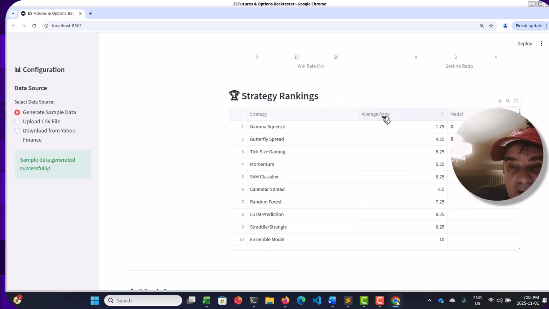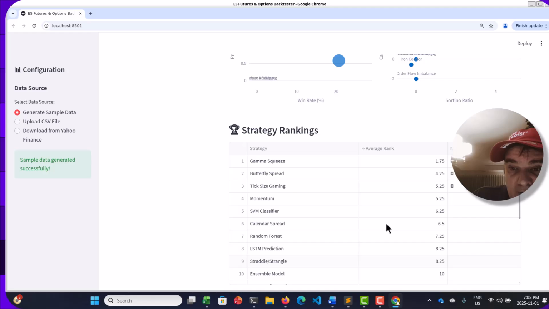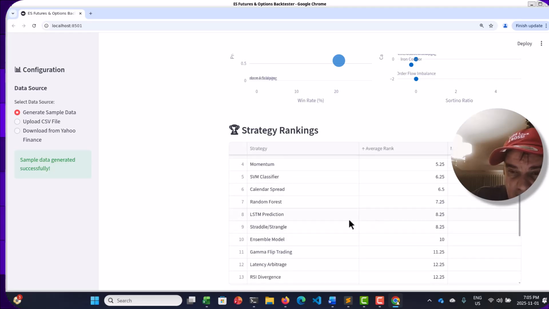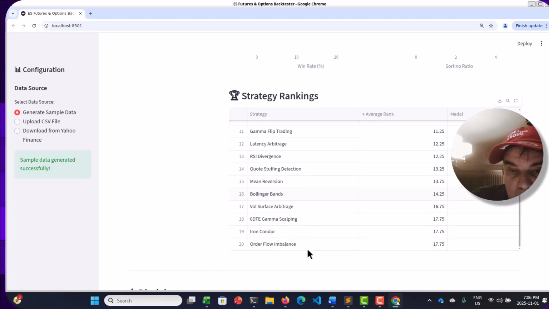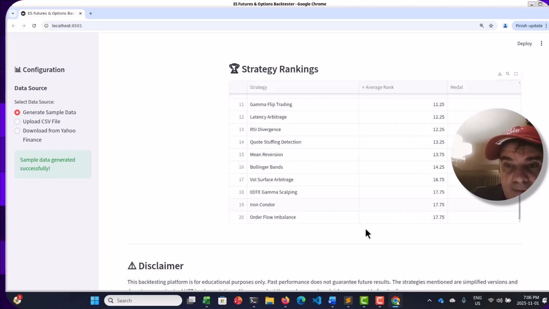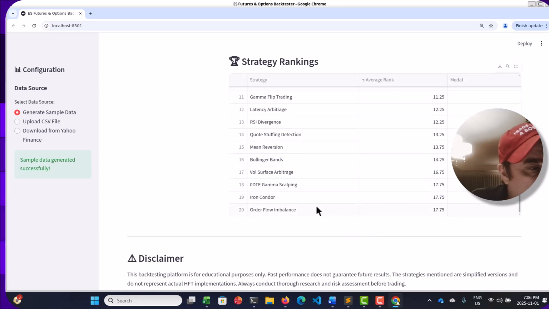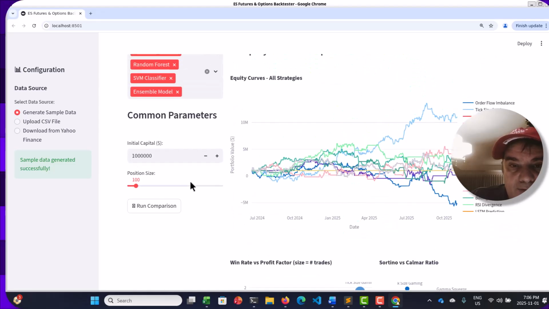So average rank. I'm not sure what I'm supposed to take away from that. So here, higher is better. So it looks like traditionally the LSTM prediction can be pretty good. Straddle. Oh, it got even better. RSI divergence, quote stuffing detection. So it does get more. Order flow imbalance, iron condor, zero DTE, gelt. So if I was to focus on the different best performing strategies, I'd probably go with these three. These might be higher risk, but let me just see if there's a metric we can look at